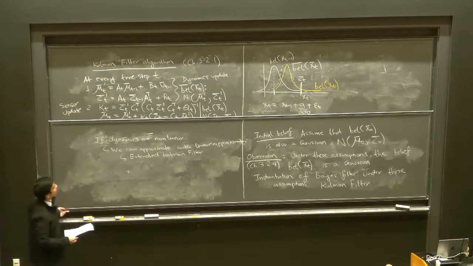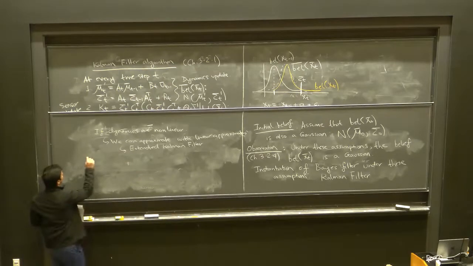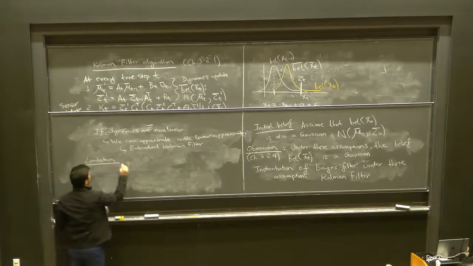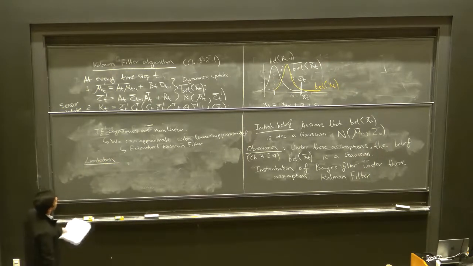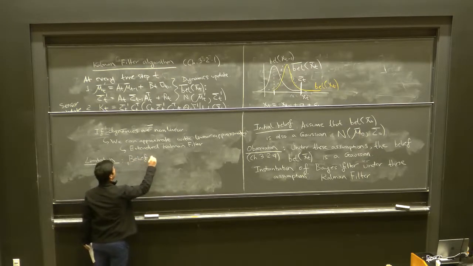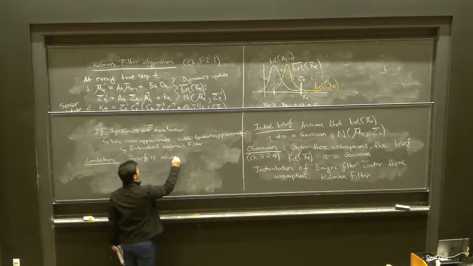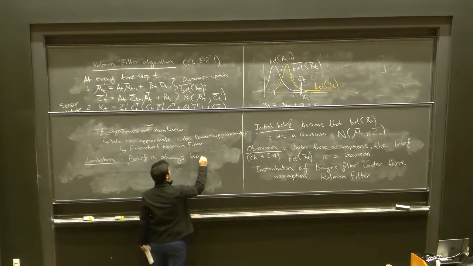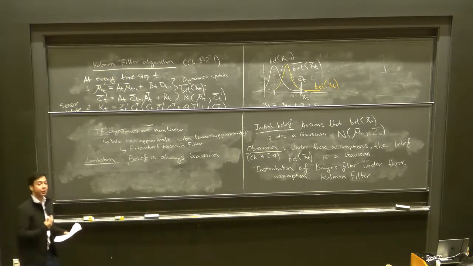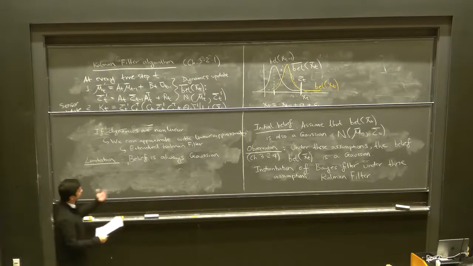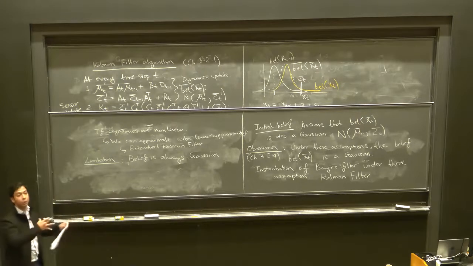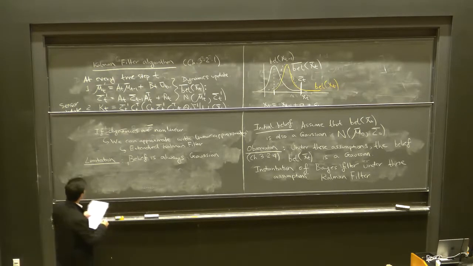But I think one of the main limitations of the Kalman filter, which is also one of its strengths, is the fact that the belief is always Gaussian, and hence always unimodal. So we cannot fundamentally capture beliefs that have two modes or more than two modes. As an example,